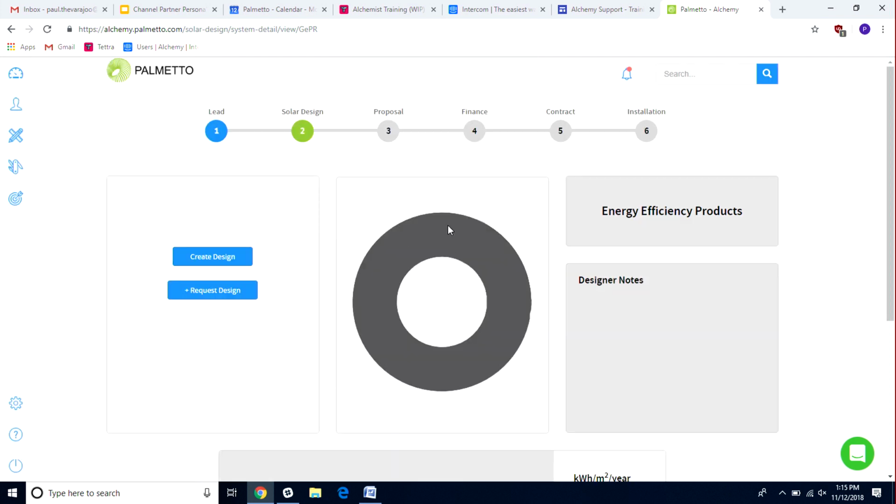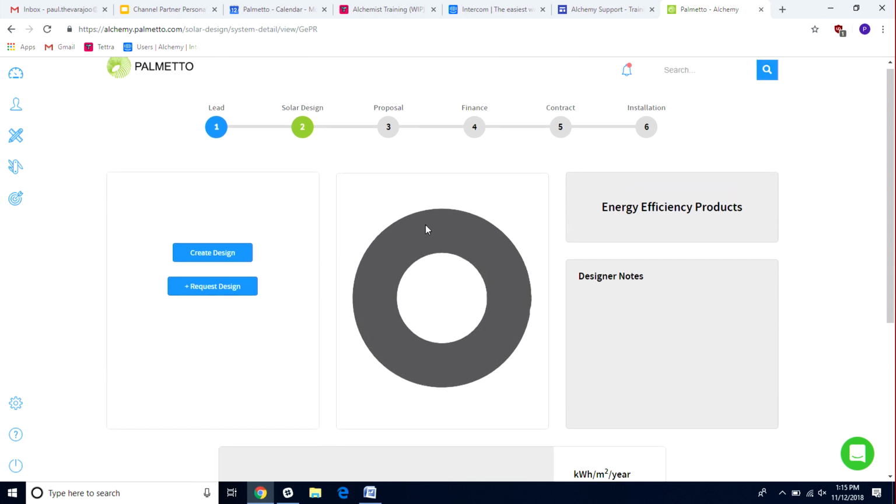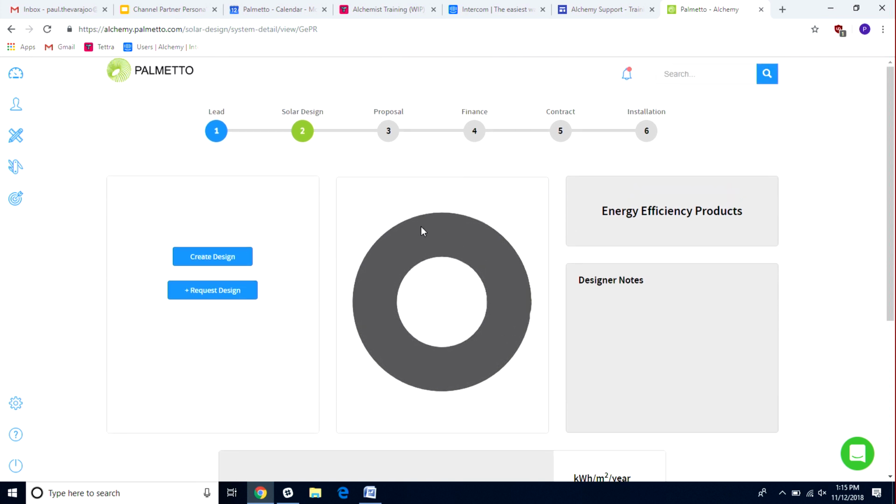All right. So now it comes to the design phase. A couple of other things to note here is we typically require 24 hours notice to create a design for you and your homeowner. Now, we do understand that sometimes there's a hot lead and you got to get it right then. We understand that happens. So if you do run into that situation, whether it's you meet someone at a gas station or you're knocking in a neighborhood and a homeowner wants to see a proposal in the next hour,